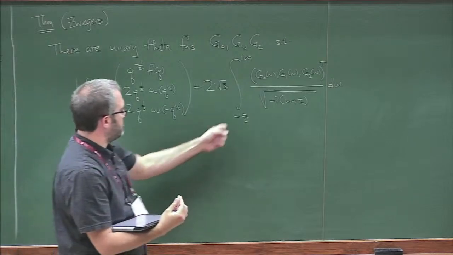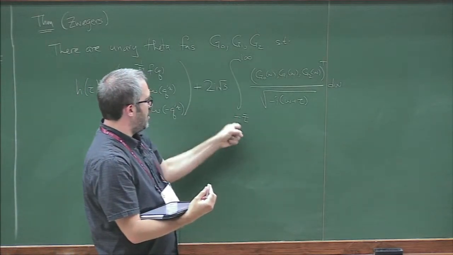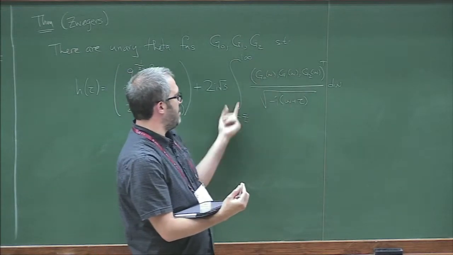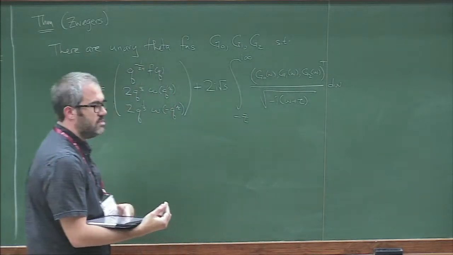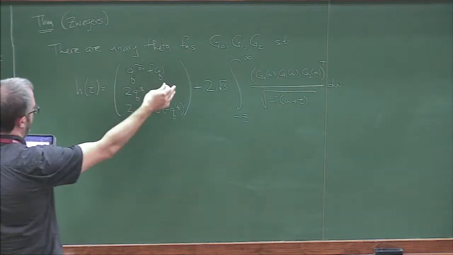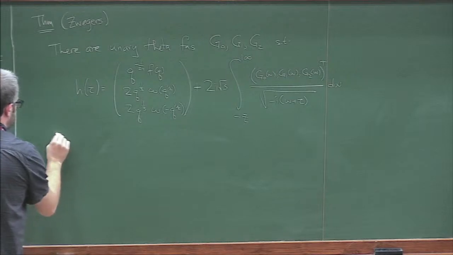We've seen something like this before, right? Usually the non-holomorphic part of a harmonic Maass form, if the shadow is a cusp form, can be written in a form like this with this non-holomorphic Eichler integral. Okay, so there are unary theta functions such that this vector satisfies